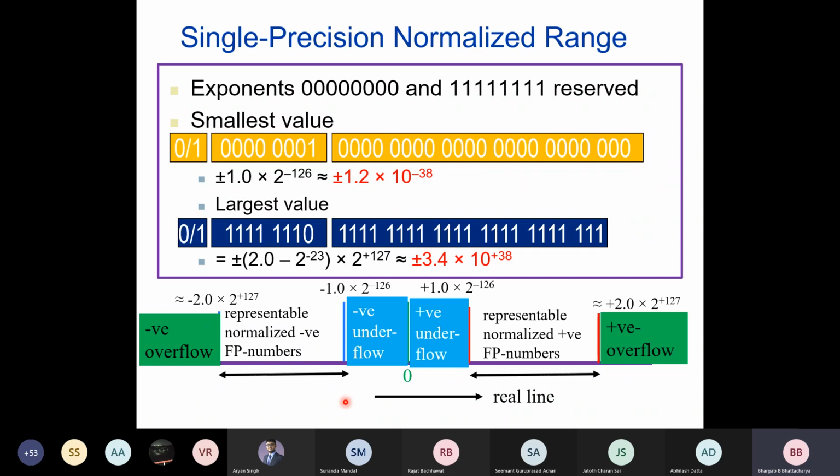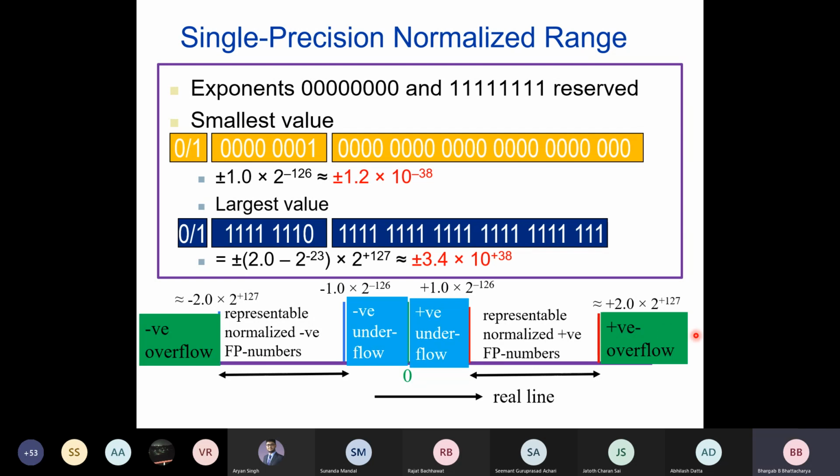So as you can see, when we discussed two's complement arithmetic, we had only the concept of overflow. That means when something goes beyond range, we say that is overflow, either positive or negative, right? We did not have any concept of underflow there, but in floating point representation, as you can see, you clearly have four no man's lands. I mean, clearly four regions which are not representable.